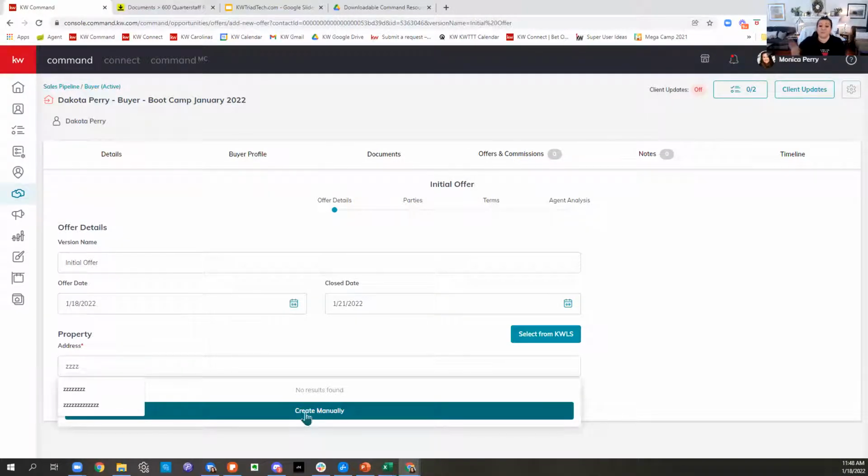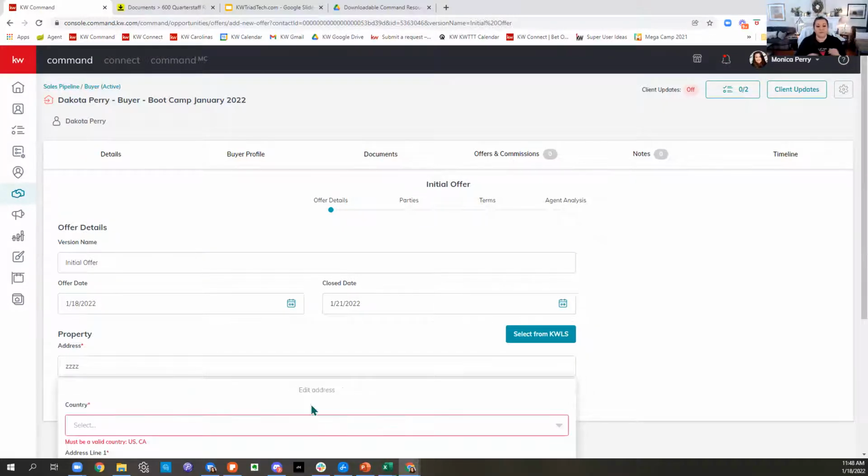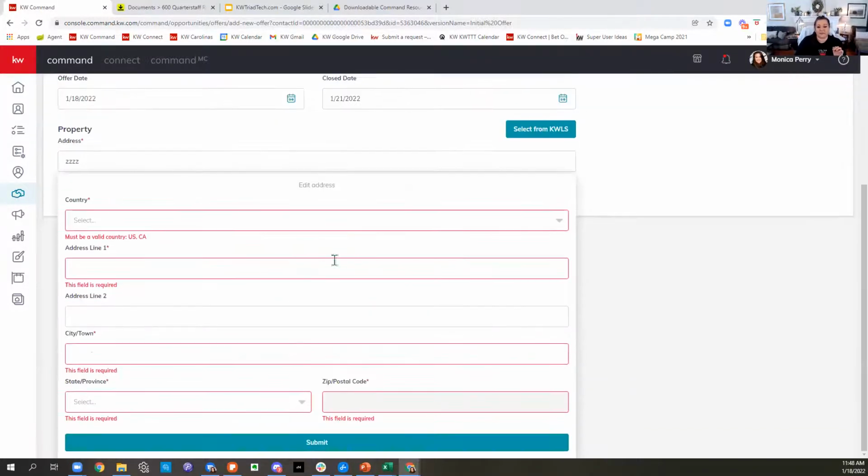It's hard to get it because it's trying to help you. When you're typing a real address, it's really trying to help you find it. But if it doesn't exist, then you just have to spam it by typing something, and Z's are super easy to hit. And then you get that create manually button,